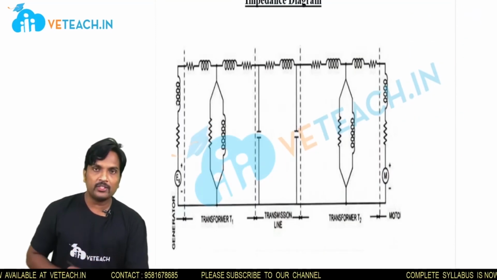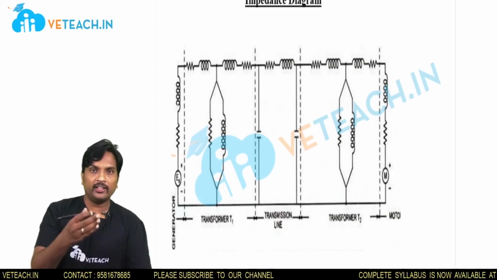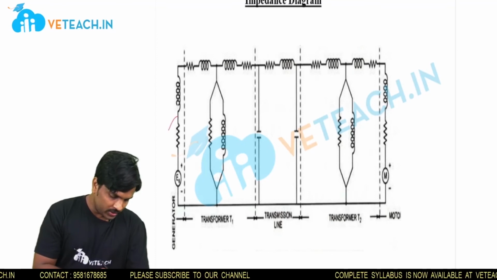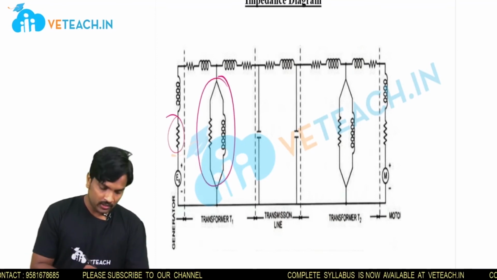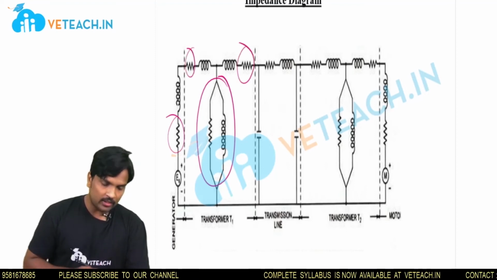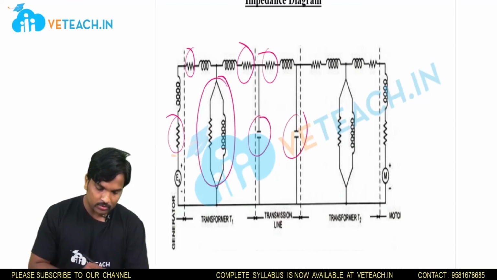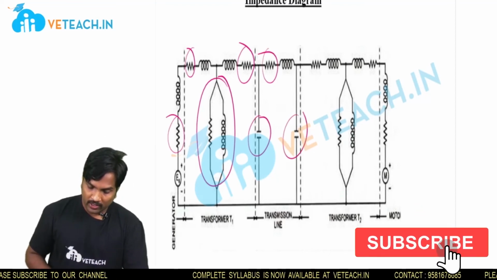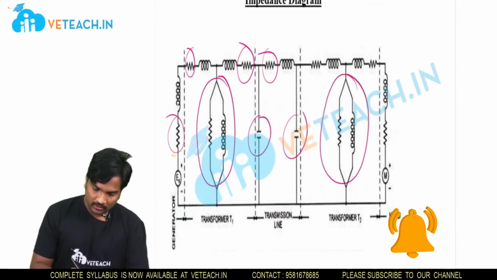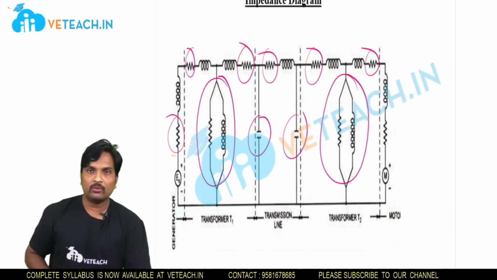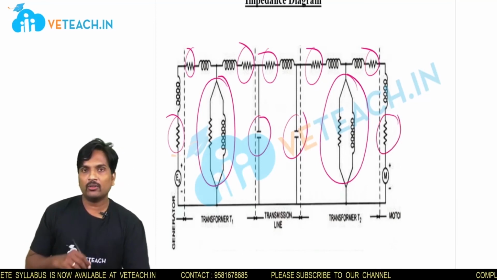In this impedance diagram, in order to draw the reactance diagram, what are the elements that were neglected? This resistance value is neglected, this magnetizing reactance is neglected, the resistance values in transformers are neglected. Similarly, the shunt capacitance and resistance values are neglected. And similarly, for the transformer, the magnetizing branch is neglected. R1 and R2 are also neglected in transformer T2, and the resistance in the motor is also neglected.